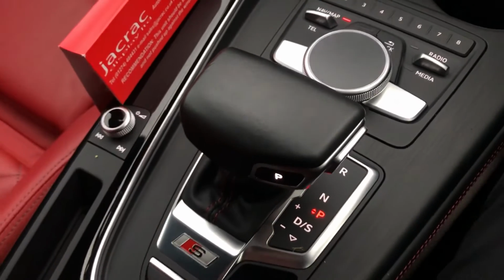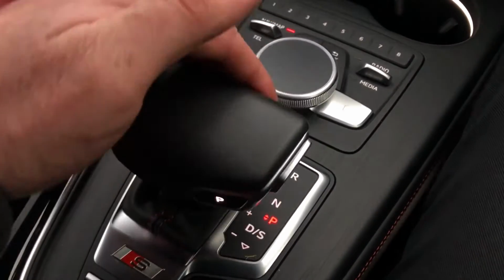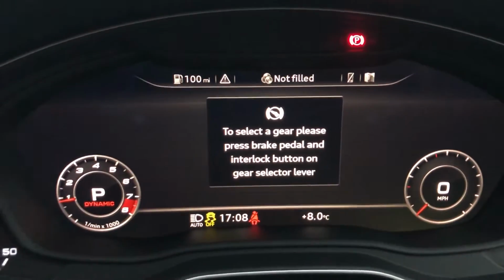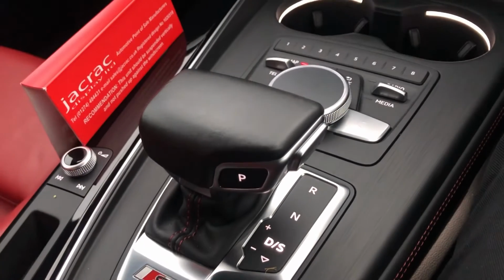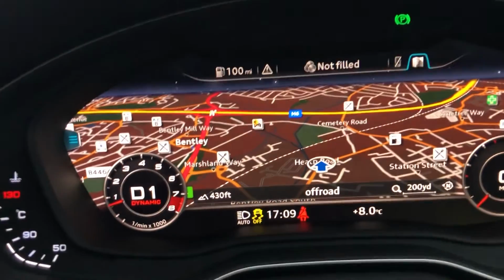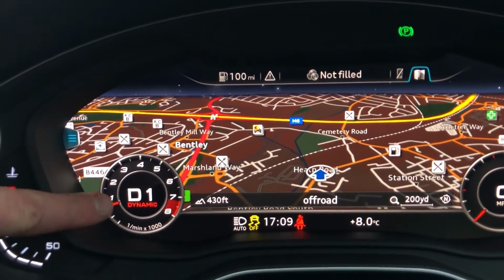And moving down from that you've got your S tronic gearbox, really easy to use. You'll see even though my foot's on the brake and I'm pushing it down, you can't engage your gear. That's because you need to click the brake pedal and the interlock button on the side, that one being this just here. Now if I click that down and press it down, you can see I'm in D, which is drive, and that is easy because you can see on there it's got D1 and dynamic, meaning drive mode, and